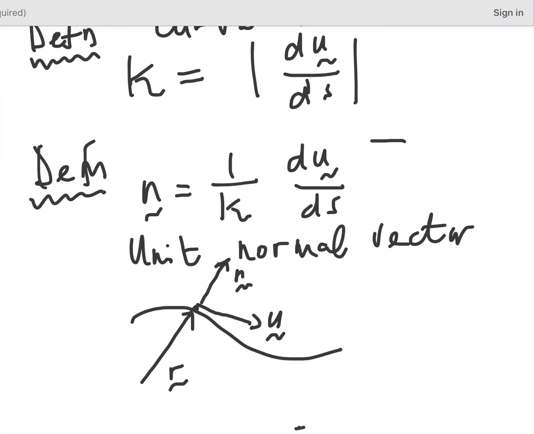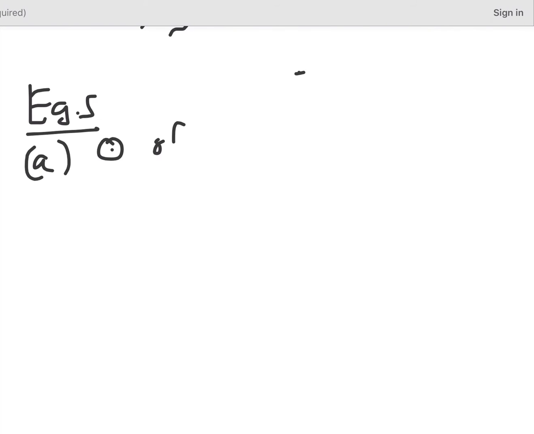Okay, let's do some examples in this regard, i.e. determining the curvature of certain curves. And of course, the first one, the obvious one that comes to mind that we'd like to deal with is the circle of radius a, say. So in example A, let's consider the circle of radius a. And we know that the circle of radius a in parametric form is given by, in vector form,